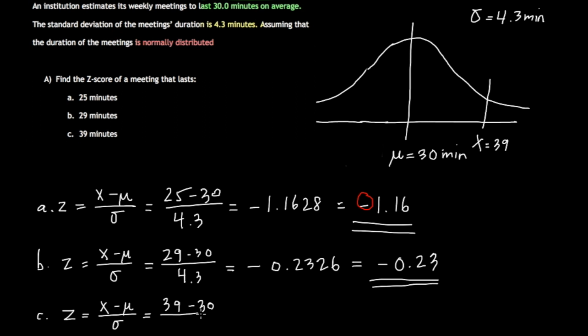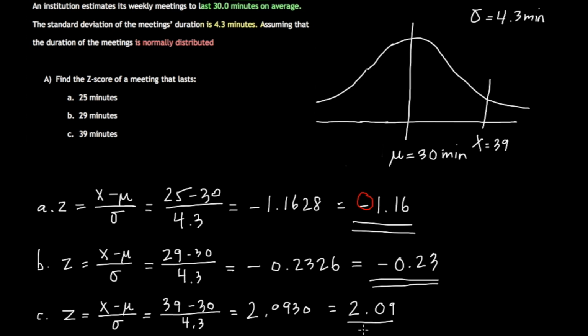That's what I mean by that. Divided by our standard deviation, which hasn't changed, 4.3. And this is going to give us a total of 2.0930, which we all know now to round to 2 decimals, so that's